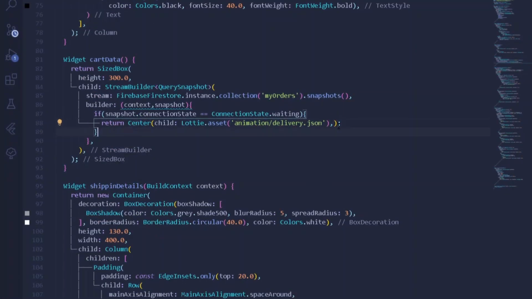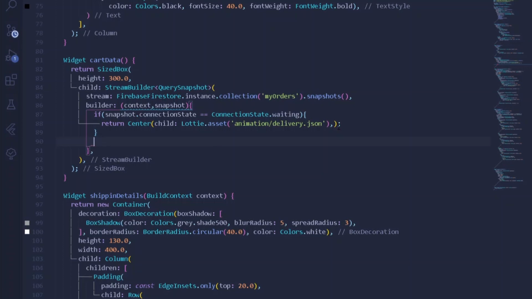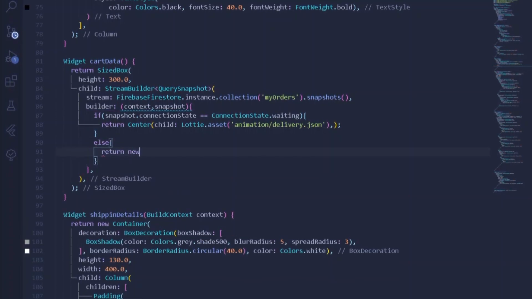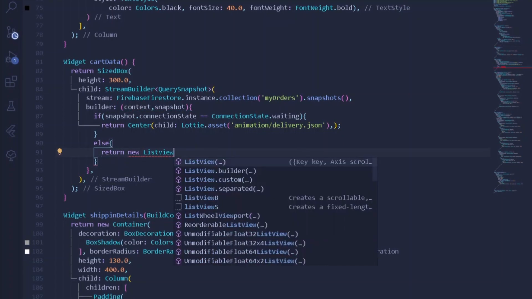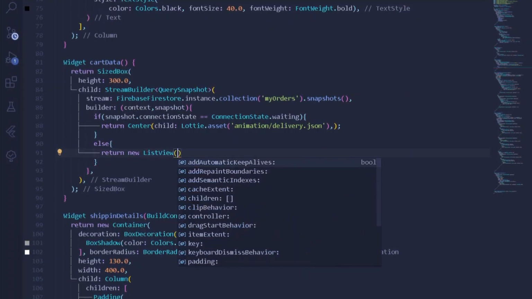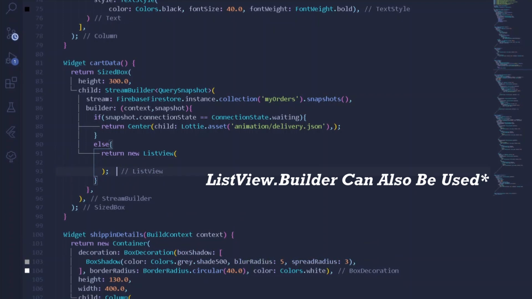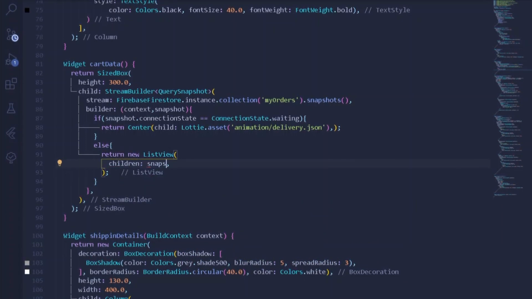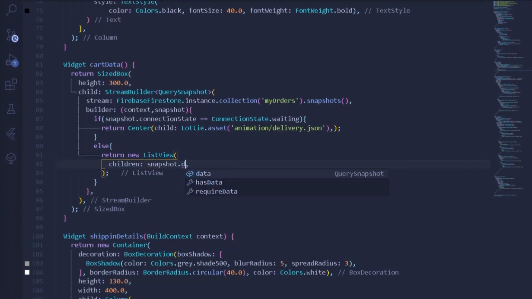Cool. So once the following thing is done, under our else block, if our snapshot is under connection state of non-waiting, we shall be simply returning a new list view. Alright, a list view, capital V. So under list view, let's have all our children. So here we shall be having all of our children under a type of snapshots dot data.